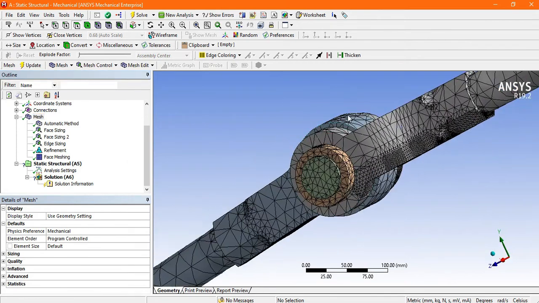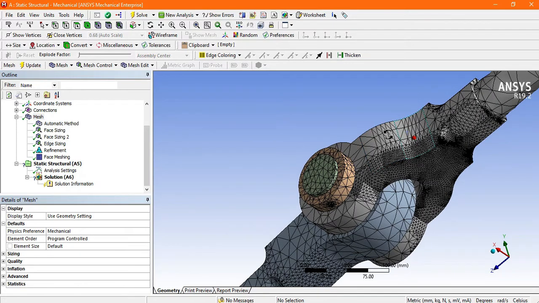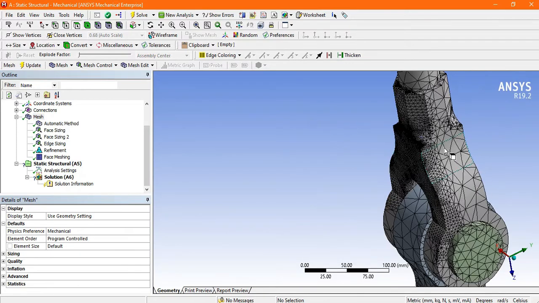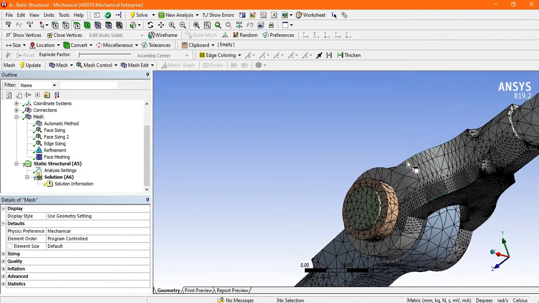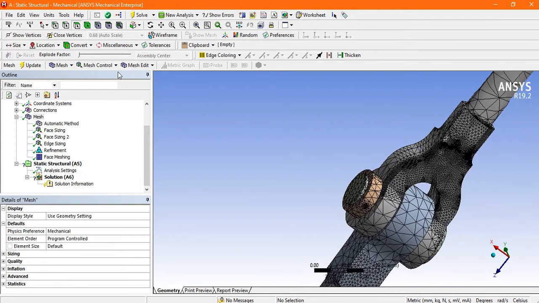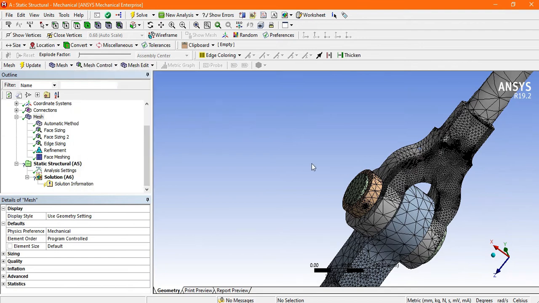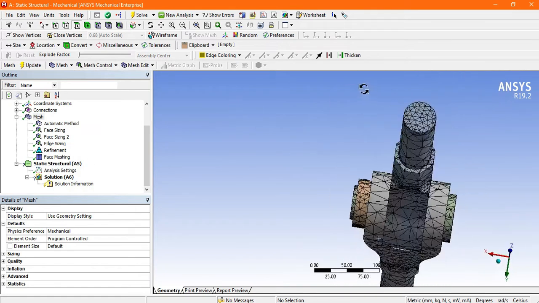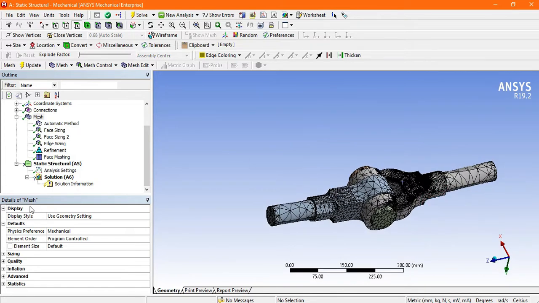Now look here, just differentiate this surface and this surface. Here the meshing is non-uniform, but here the meshing is uniform. So like this you can use the face meshing. This is all about the local meshing. In the next class we will discuss the global meshing. Thank you for today.